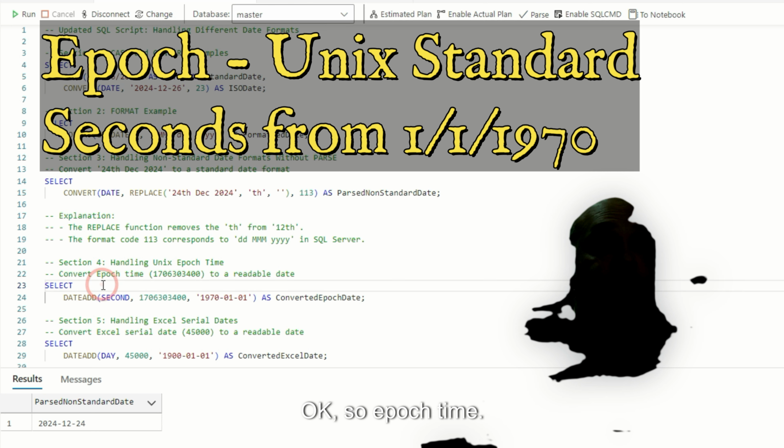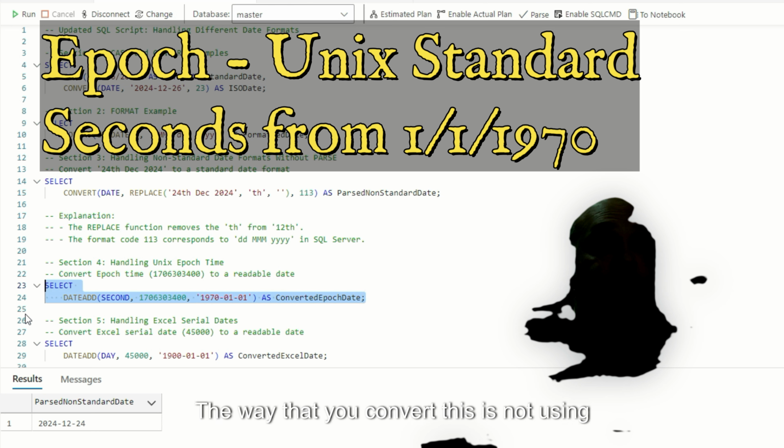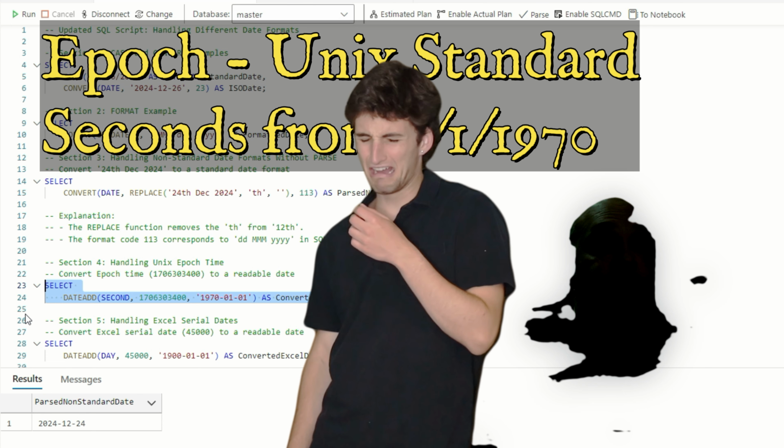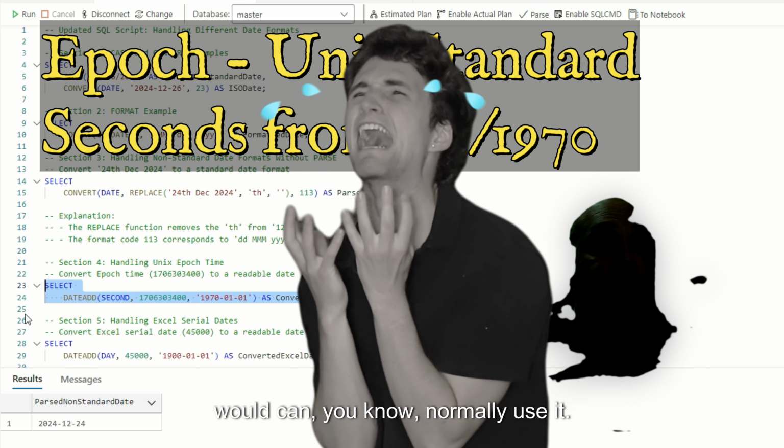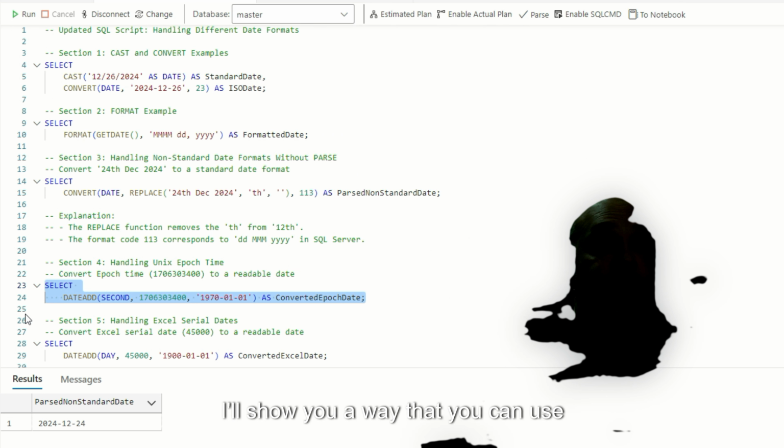Okay, so epoch time. Epoch time is something that you get from time to time. It's the Unix standard. Again, it's the number of seconds from January 1st, 1970. So let's take a look. The way that you convert this is not using convert or cast. You can't use convert or cast the way that you would normally use it. I'll show you a way that you can use convert towards the end of the video, but real quickly,